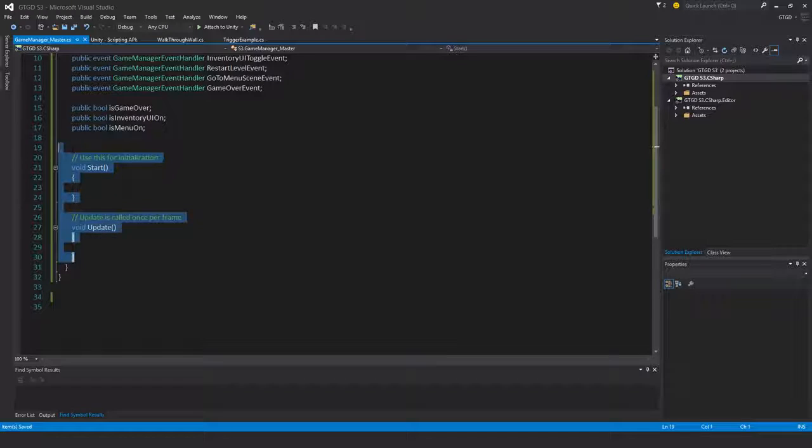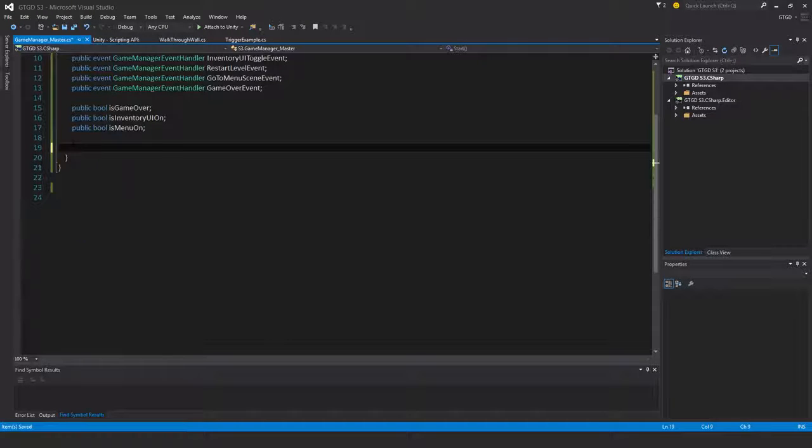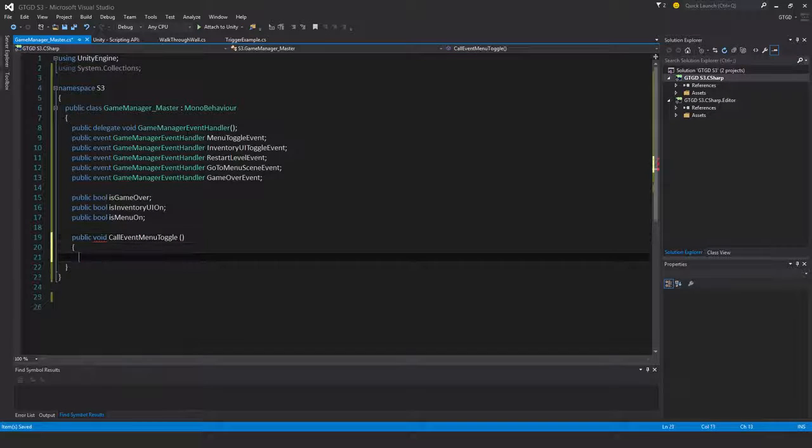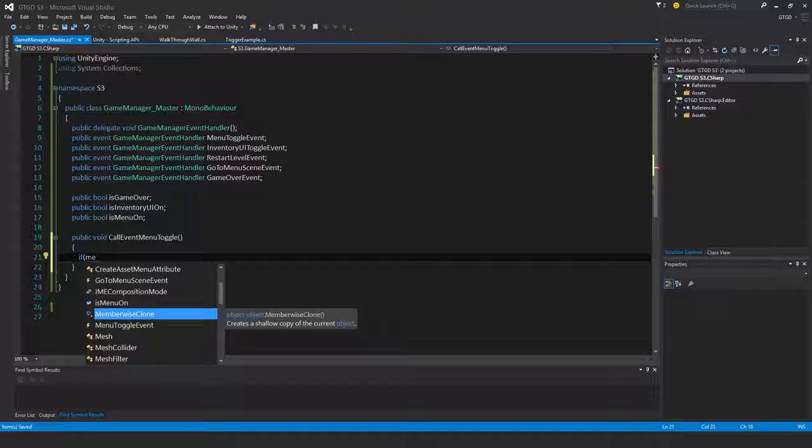Alright, so now I need to make my call event methods, and I don't need the start and update. So I'm going to write here public. It needs to be public because the other scripts will access this script. Public void call event, for example, menu toggle. If menu toggle event